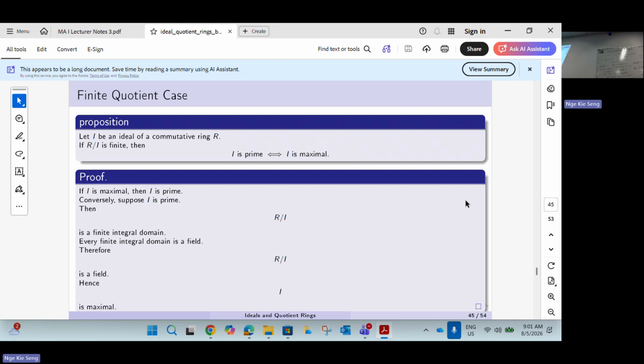Yeah. Next, we talk about the condition for when prime implies maximal. Okay, and the condition is we let I be an ideal of a commutative ring. Then, if the quotient ring mod I is finite, then we have that I is maximal. Why? Because if the ring is finite, then